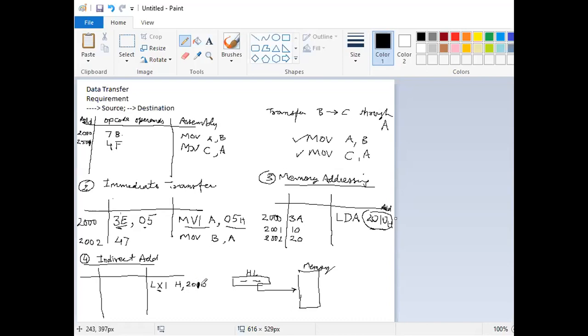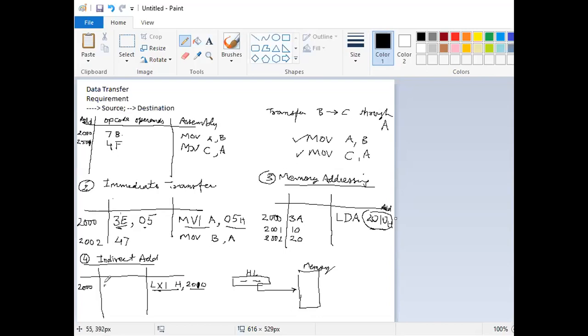This instruction is a 3 byte instruction, 2 bytes for the address and 1 byte for the operation code. So if this instruction is stored at address 2000, this will take 3 locations. The first location is LXI H, and when you see here LXI H, the code is 21.